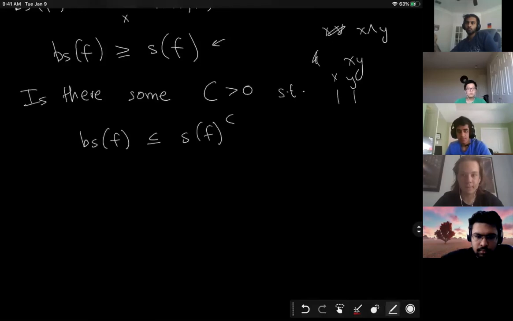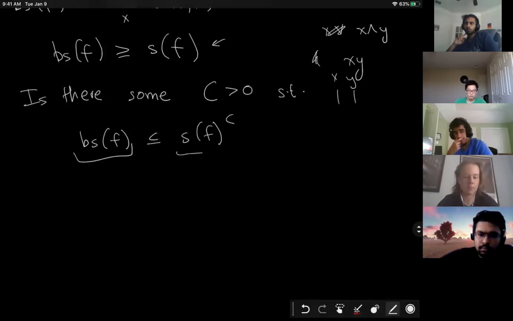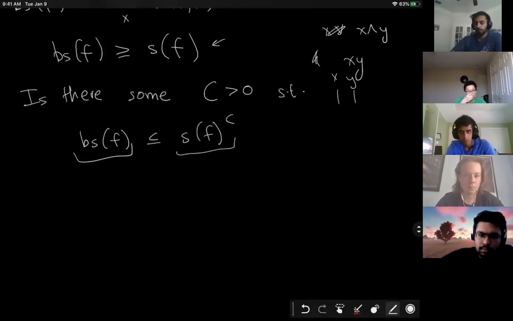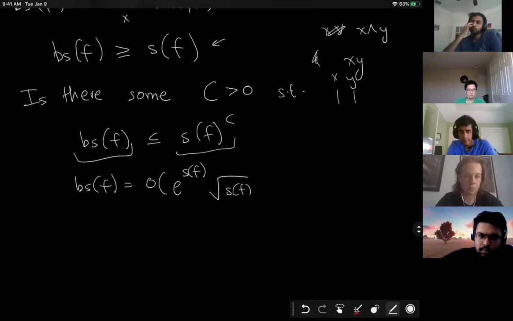And the point is that the block sensitivity is known to be polynomially related to all of these other measures, but the regular sensitivity, before this paper, was not known to be polynomially related to all of these, which was unsatisfying to people because it seemed like it should be. This conjecture has been around for a while, and people didn't know how to get at it. The bounds they had before this paper were bs of f is O of e to the s of f times square root of s of f, which, as you can see,